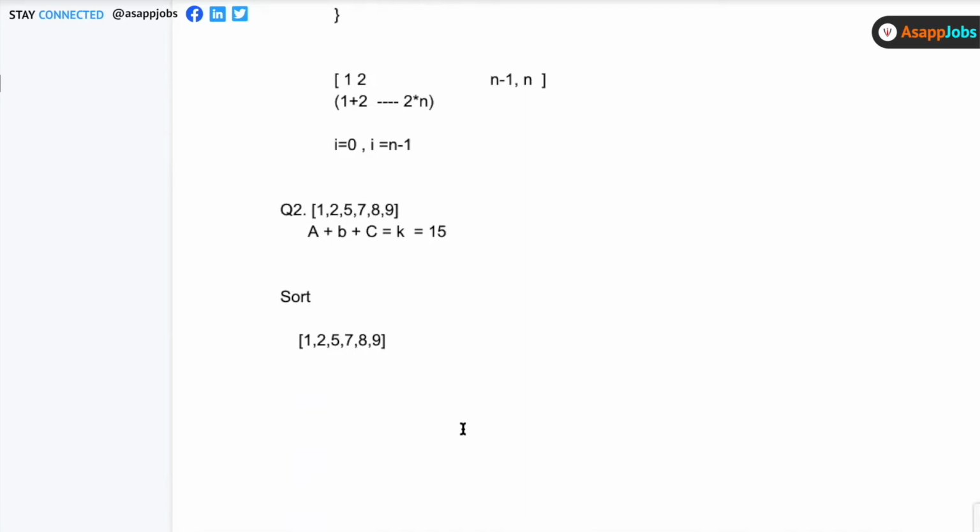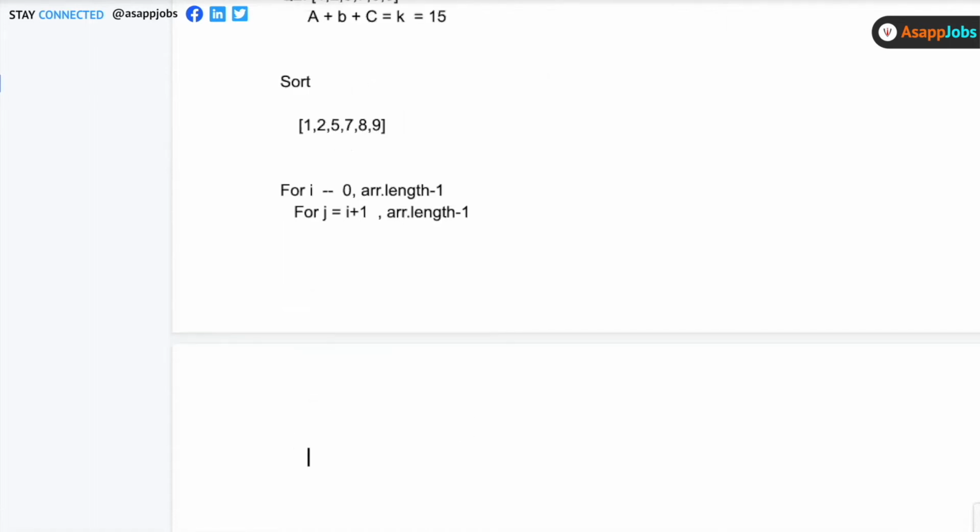So what we can do is a for loop for i, and I will start from 0 till the end, then j will start from i plus 1, and then another for inside that, and for that k will start from j plus 1 till array dot length.